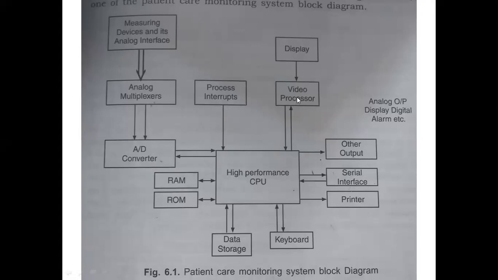This video processor will display the output. Actually this arrow should be in the upward direction. The video processor will produce the display, and the video output will be displayed on the display devices. From this display device we can observe what is the